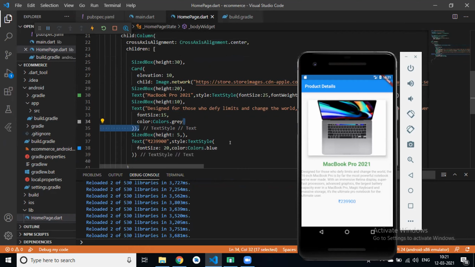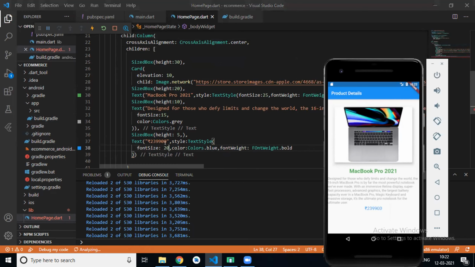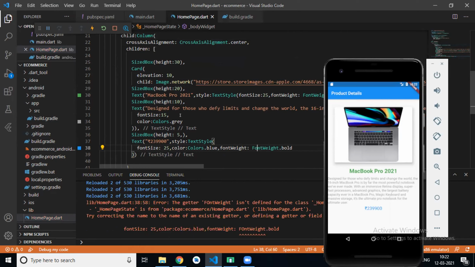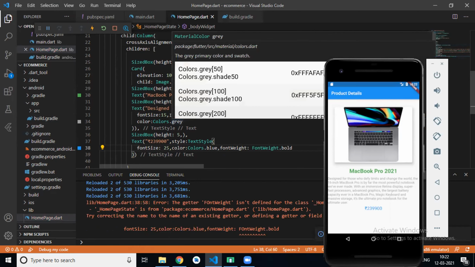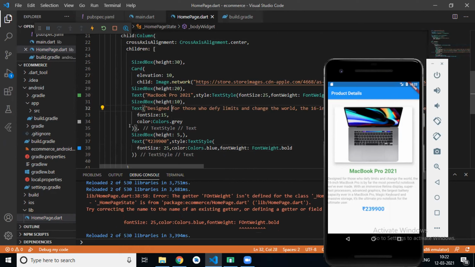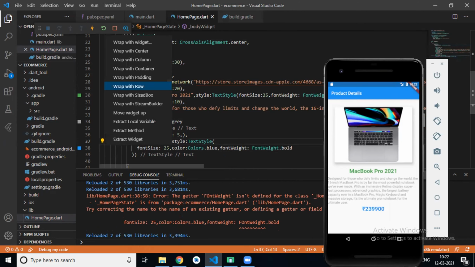So price, font size, font weight, and font weight is not bold. I wrapped this text widget with card.